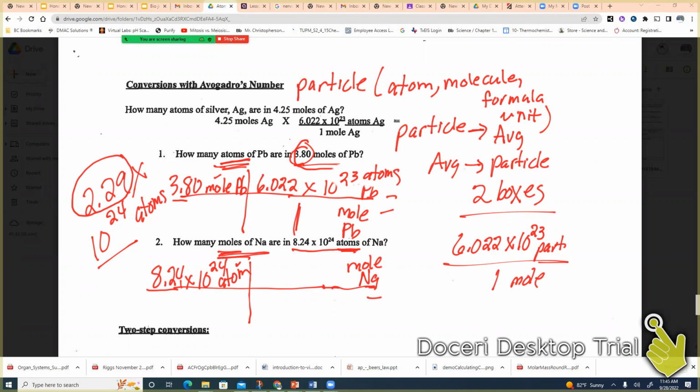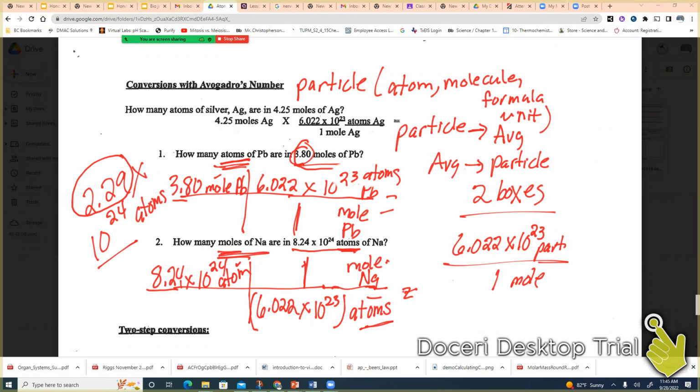So now we're going to follow our units. If I'm atoms here, I have to be atoms down here. So I have atoms and moles. So where's my 1 going to go on this one? Top, bottom. Remember, the 1 always has to go with the mole. Just like in molar mass, wherever the particle is, that's where your 6.022 times 10 to the 23rd needs to go. Now, as far as I know, if you're dividing by this big number with an exponent, you have to put it in parentheses. Y'all may know differently, but